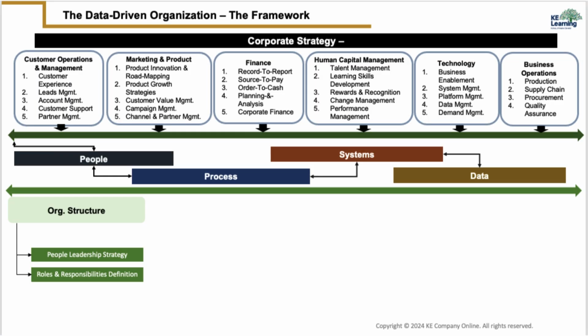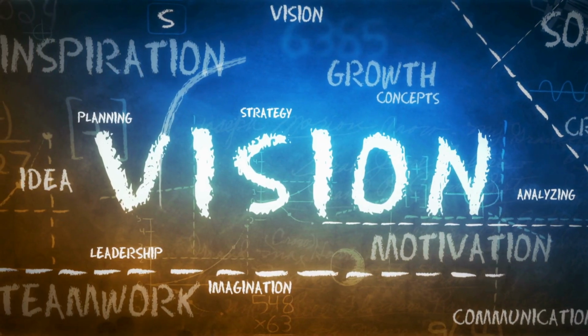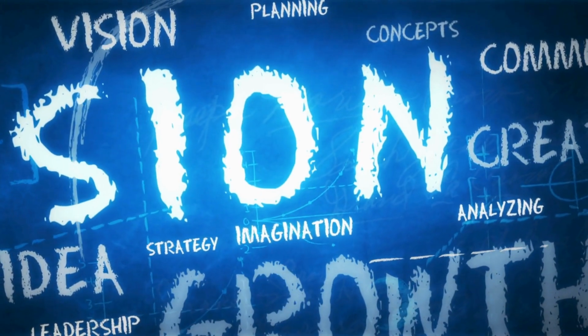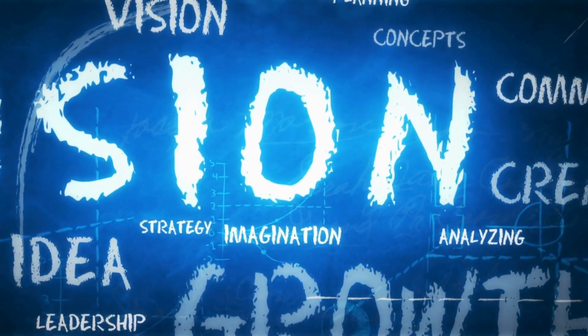A people leadership strategy focuses on developing and implementing practices that enhance employee engagement, performance, and well-being within an organization. This strategy is vital for aligning the workforce with the organization's goals, fostering a positive workplace culture, and ensuring effective execution of strategic plans. Key elements of a people leadership strategy include establishing a clear vision that aligns with the organization's mission and values, by setting specific, measurable objectives that guide leadership efforts in developing people, as well as encouraging leaders to empower team members by giving them autonomy in decision-making, thus fostering a culture where employees feel valued and